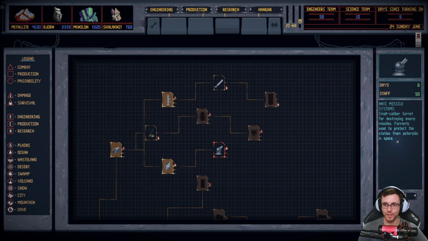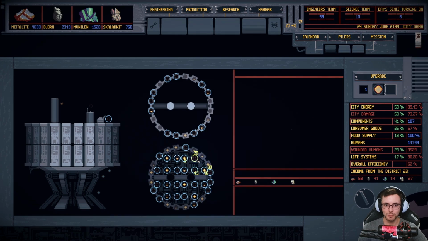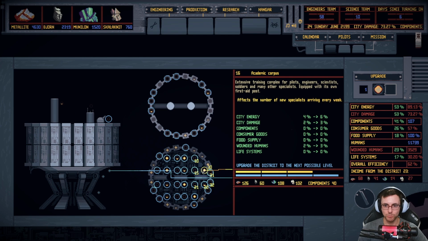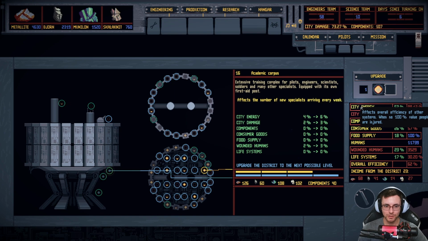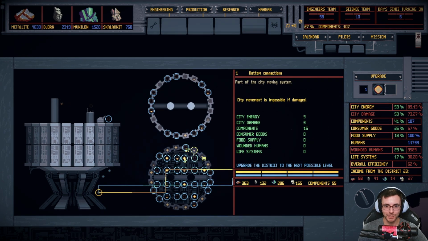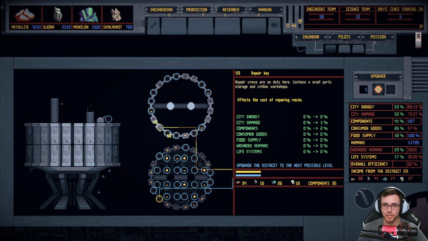Anti-missile systems. That is going to be very valuable here. Let's go ahead and figure out what we're going to upgrade here. I think, again, we want to do the hydroponics farm, but that revolves around the academic corpus. Here, hold on. Consumer goods, foodstuffs. Let's look at the city energy plant here, actually. These guys are maxed out. Repair bay, weapons factory. Oh, you know what? What about the